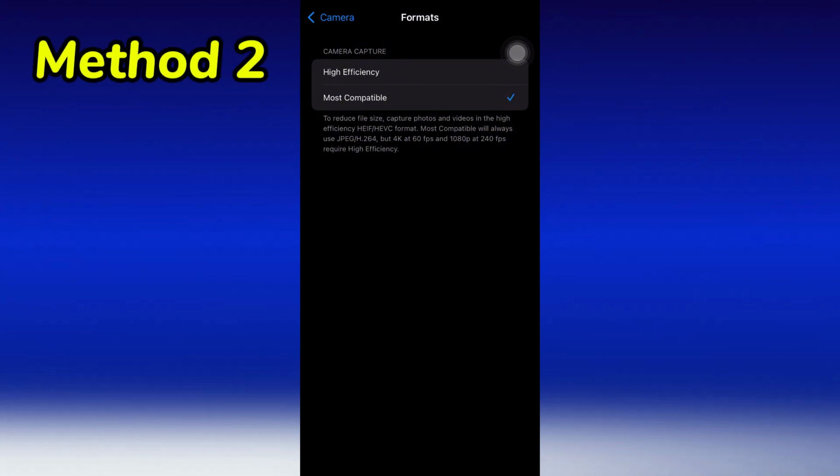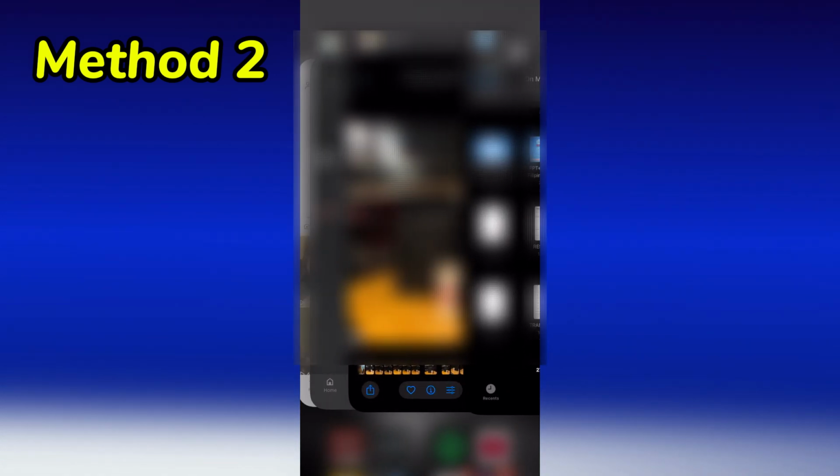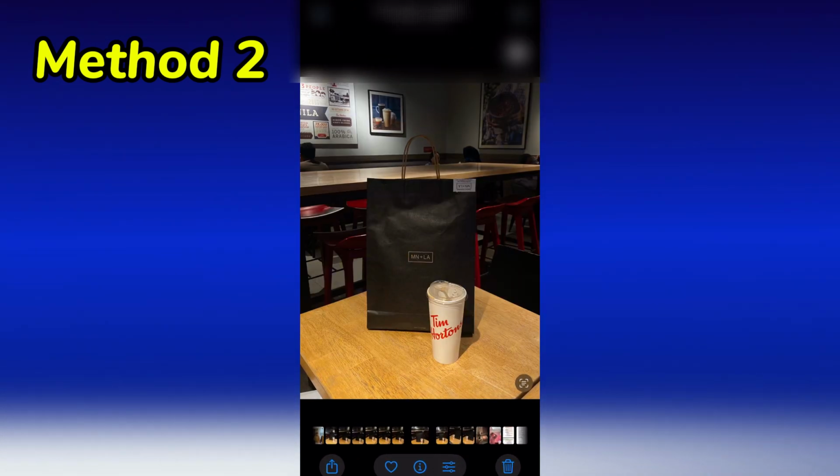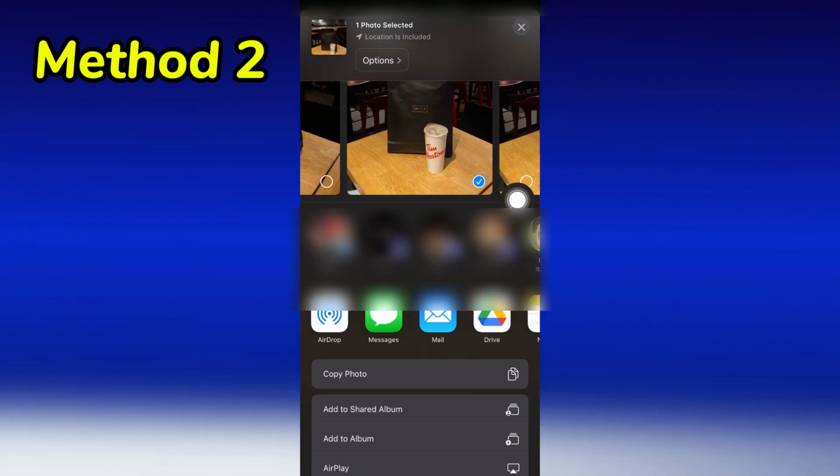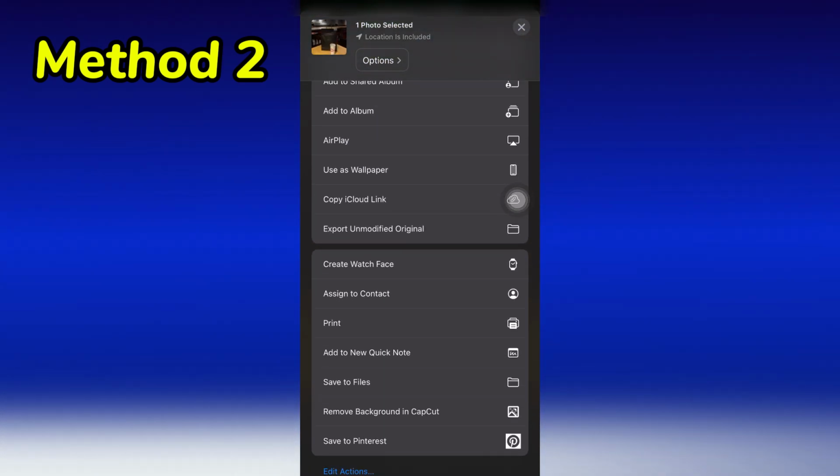So the second method is to convert existing HEIC to JPEG using the Files app. First is to open the Photos app and then select the HEIC photo that you want to convert. Now tap on the share icon at the bottom left corner. Scroll down and tap on copy photo